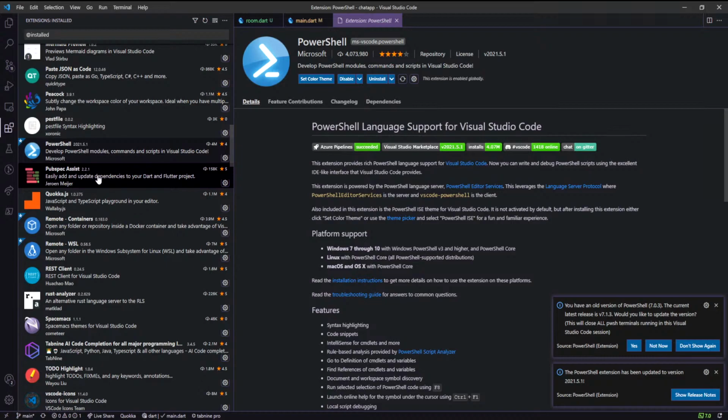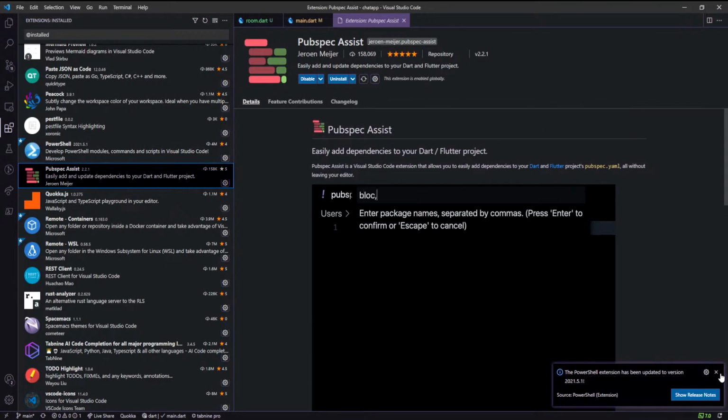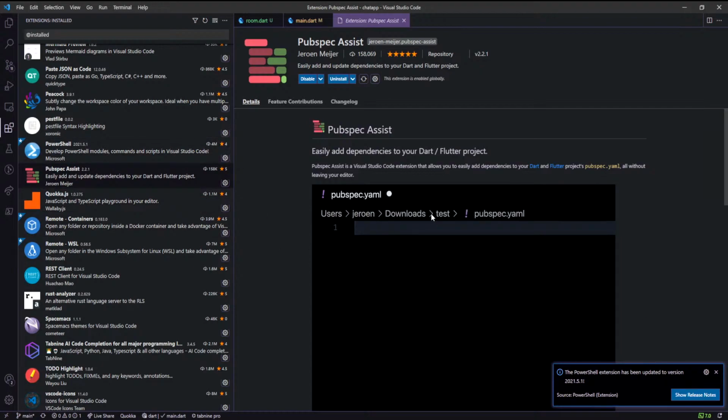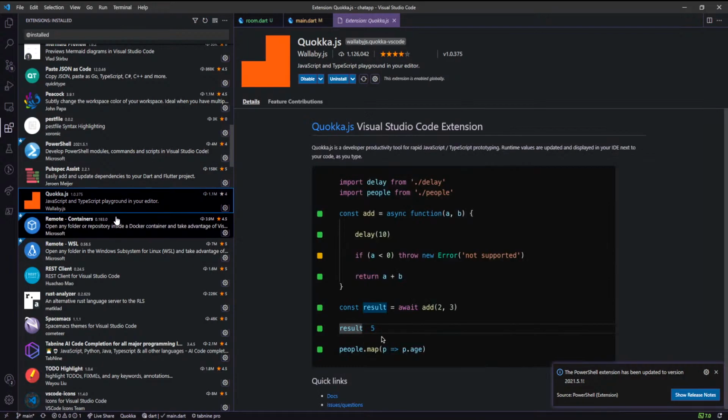PubSpec assist, this is for Dart and Flutter, so that helps with the PubSpec YAML. I highly recommend it. So as you can see here, you can type in the libraries and it'll automatically grab them for you. Quokka, this is for JavaScript. Again, I don't do much JavaScript,